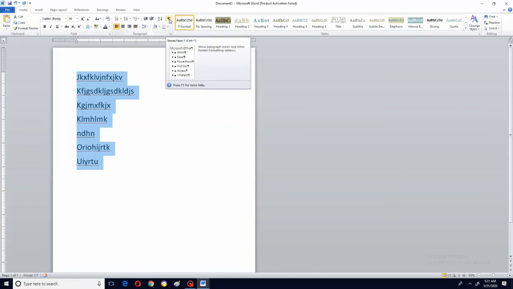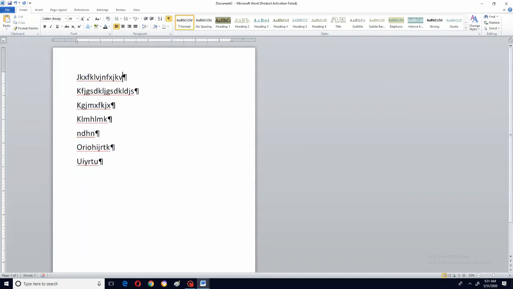And this is nothing but the paragraph marks. That means it is just like showing or hiding. Suppose if I click on this, that means this word has some paragraph. This word has some paragraph. If I create a paragraph, when I click here, it goes to that particular paragraph.